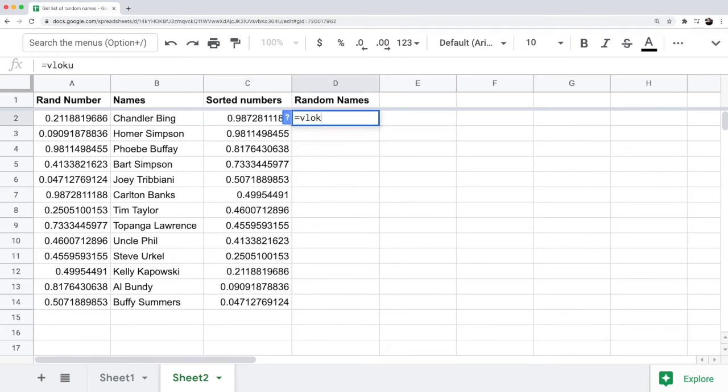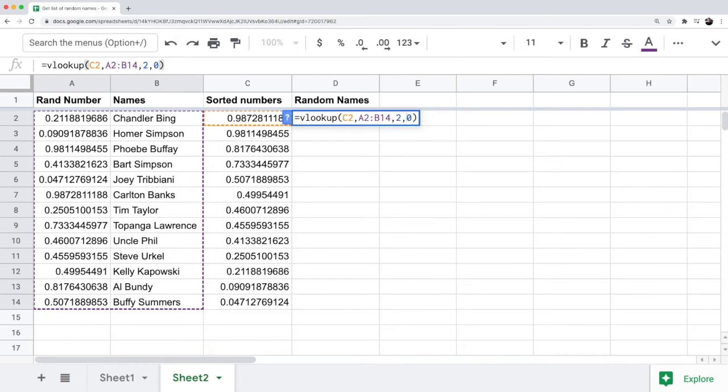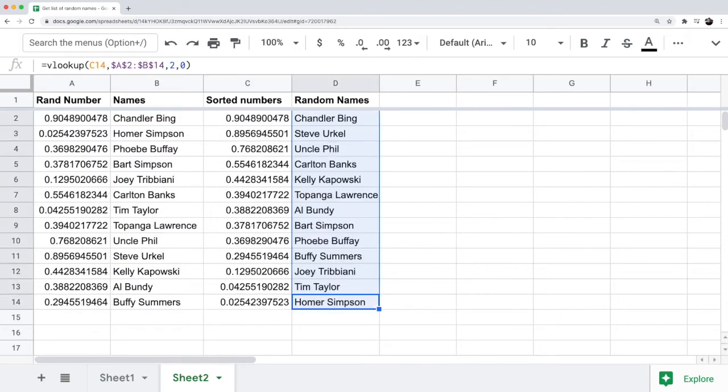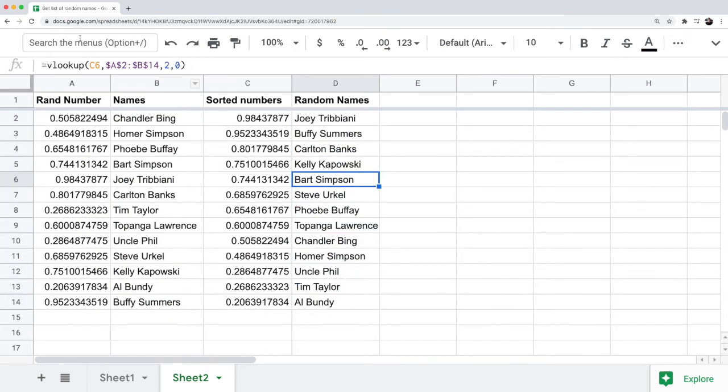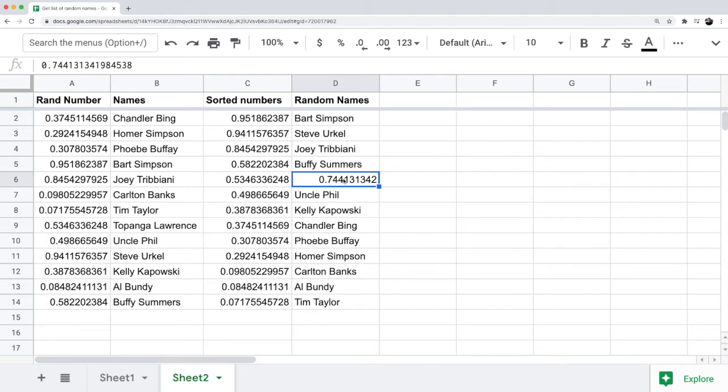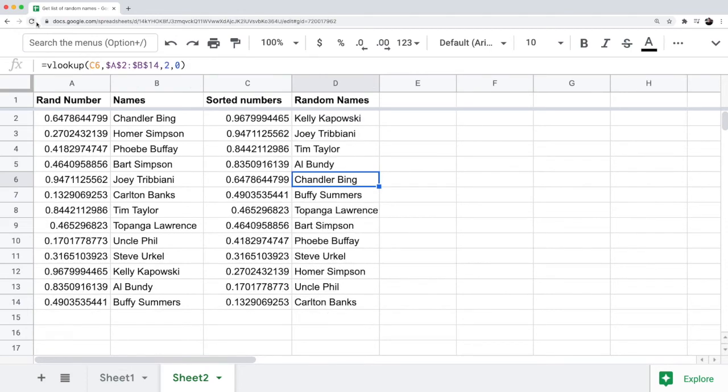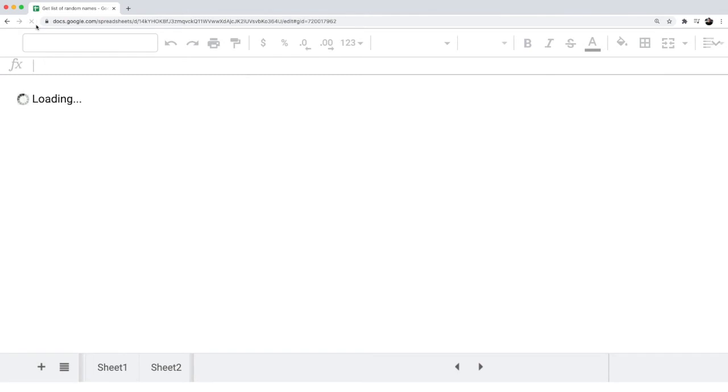So equals VLOOKUP, cell C2, and then my range is going to be A2 through B14, comma 2, comma 0. And because I'm pulling the second column, which is my name, put an absolute reference on the range, fill this down. And now every time I refresh the page, I don't know why I can't just press Command R there, but if I refresh the page,